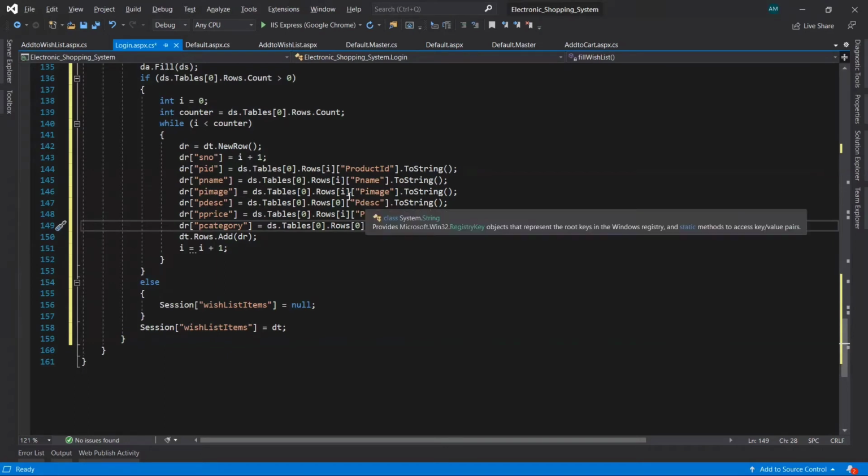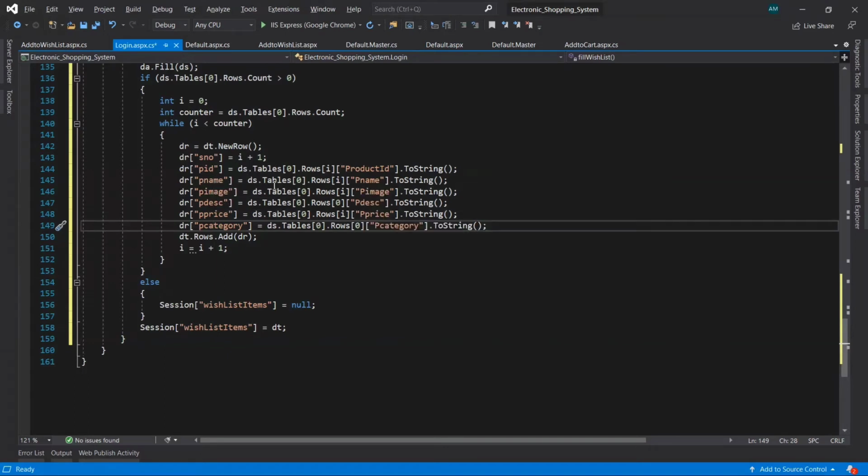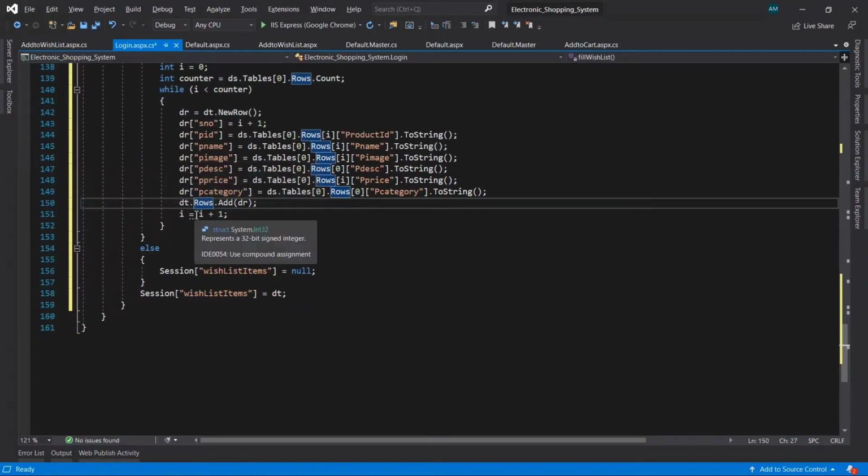Now after all the data has been stored in these columns, we need to add this data row to the data table rows. After that we have to increment the i variable, that is i plus 1. The starting value of i is 0, then it is incremented by 1, so now the i value is 1.